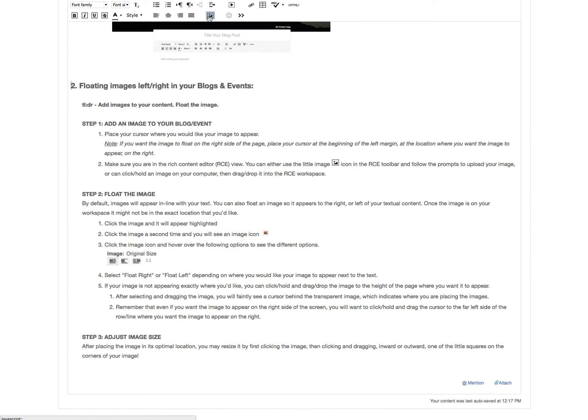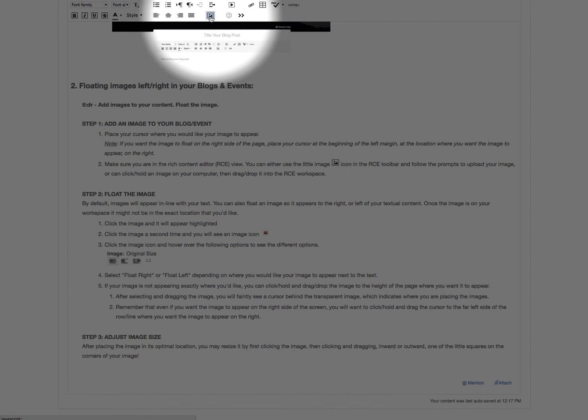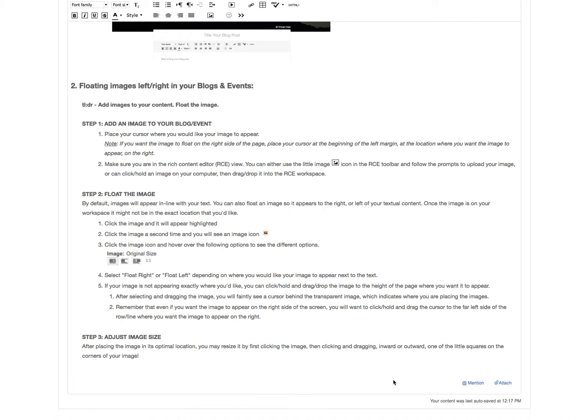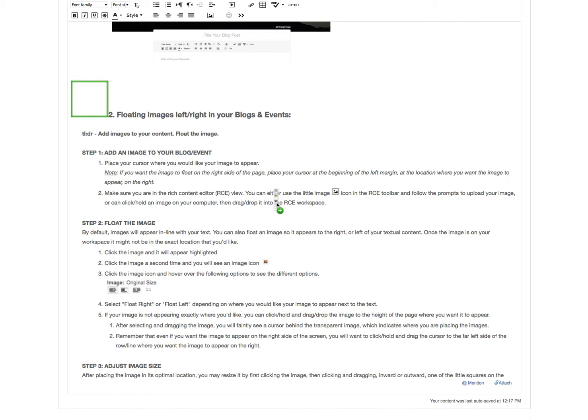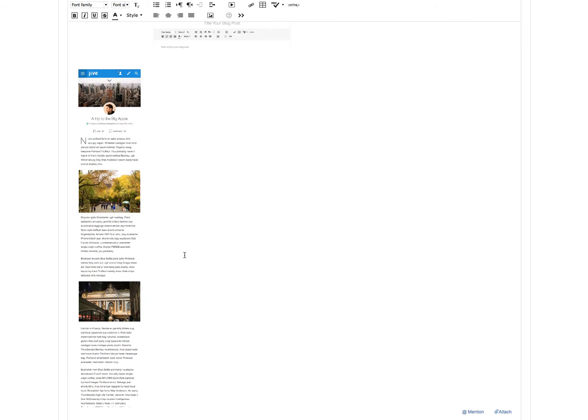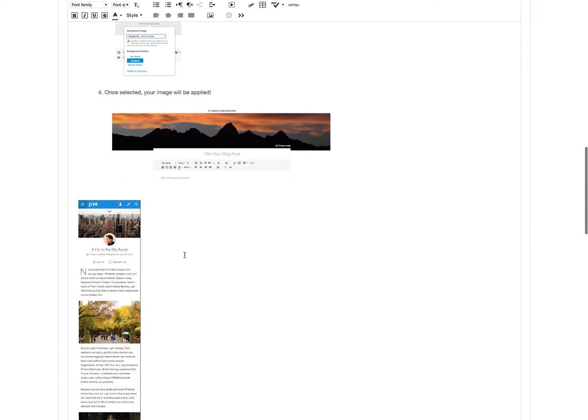Now I can come up to this tool at the top of the screen that allows me to upload an image, but even easier, down in my downloads, I have an image that I want to just click and drag into the post. I don't have to take it all the way there. It's telling me if I let go, it's going to show up in that green space. So I'll let go, and it shows up there, and whoa, now I have this huge nasty space right there,